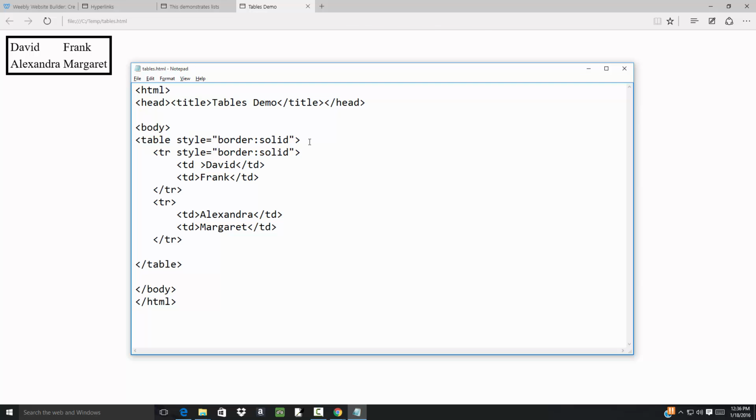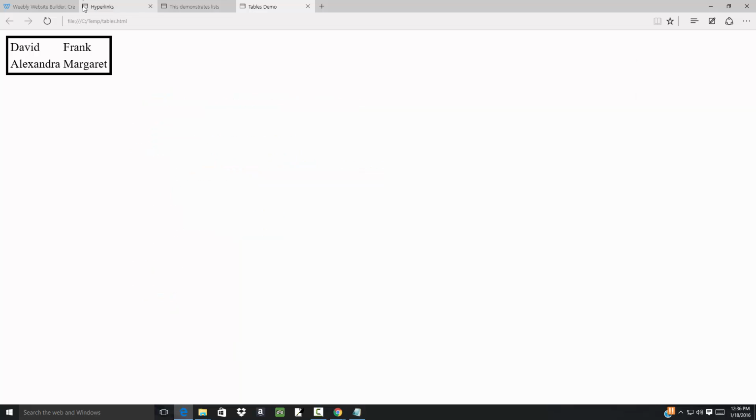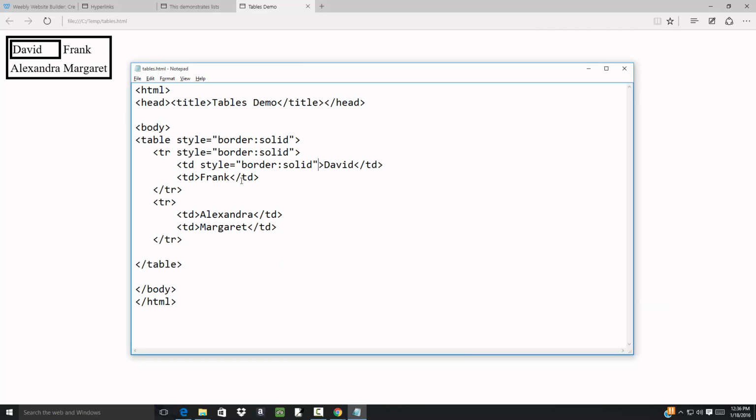I just play. And that's part of being in computer science is you got to be willing to play. Refresh that. Okay, there it goes. Puts a border around that. Doesn't quite look like what I'd like, but